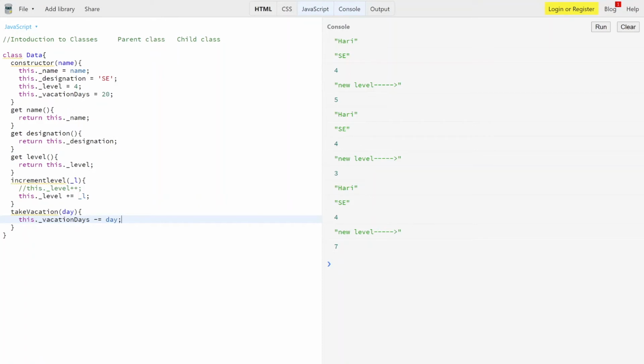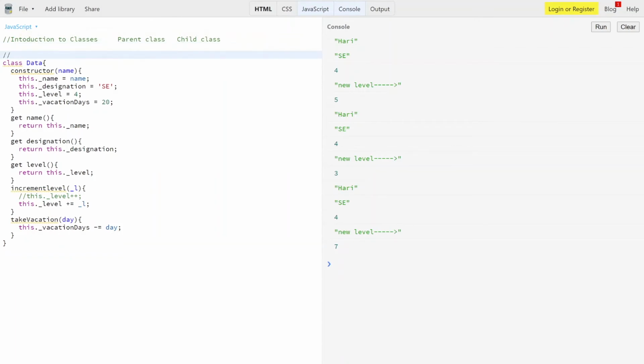So how can we put it? We are creating that instance. Let me show. This is our parent class.